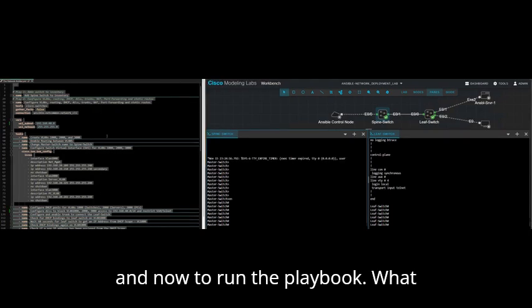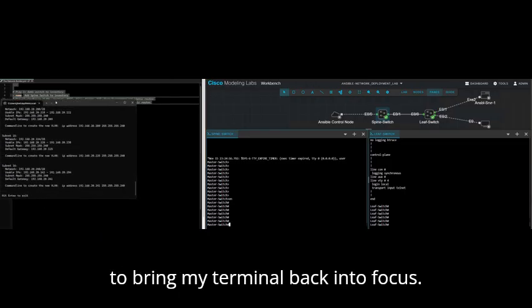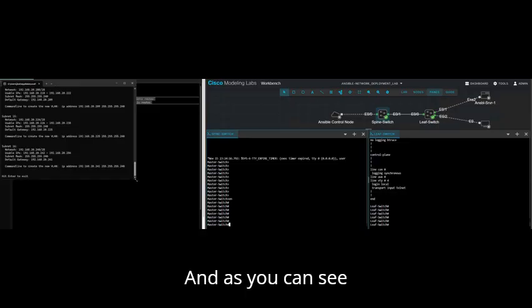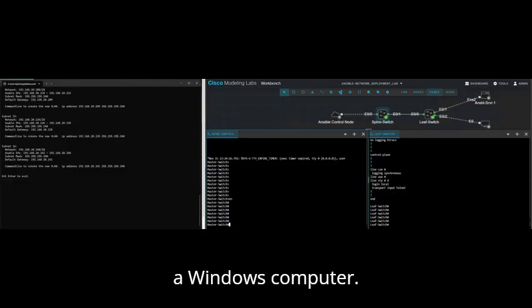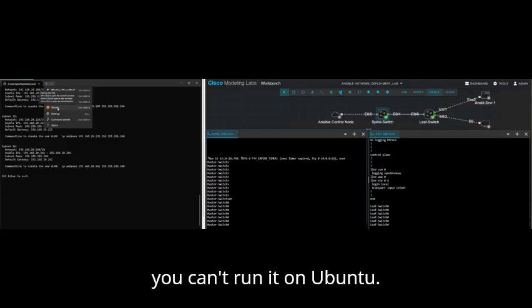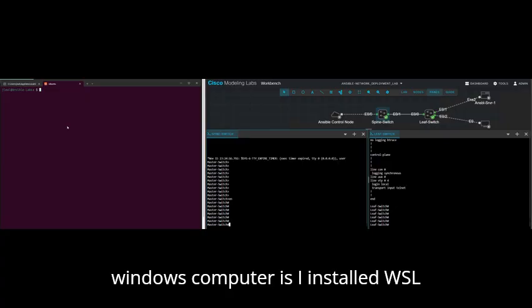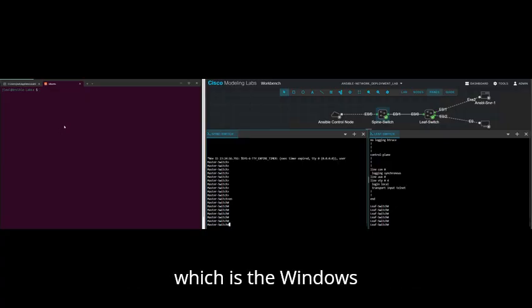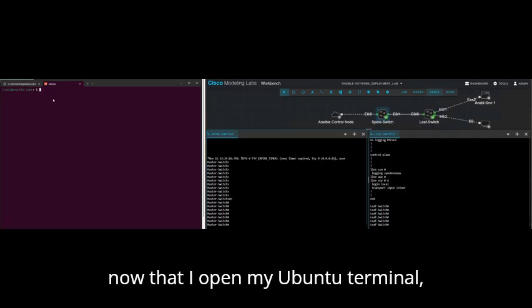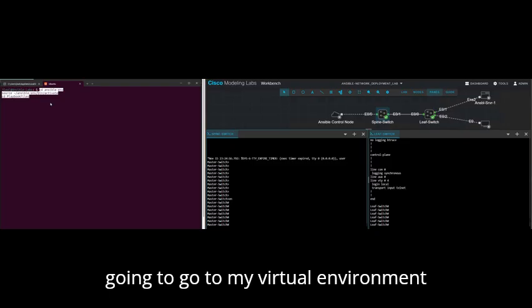And now to run the playbook, I'm going to bring my terminal back into focus. As you can see, I am using a Windows computer, and you cannot run Ansible on Windows, but you can run it on Ubuntu. So what I did on this Windows computer is I installed WSL, which is the Windows Subsystem for Linux. I installed Ubuntu, and on my Ubuntu, I installed Ansible. So now that I open my Ubuntu terminal, I'm going to go to my virtual environment where Ansible is running,